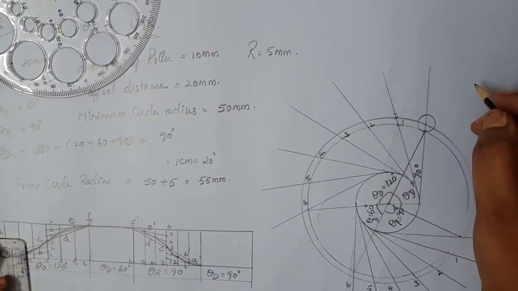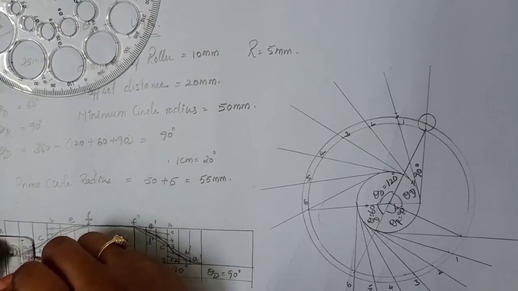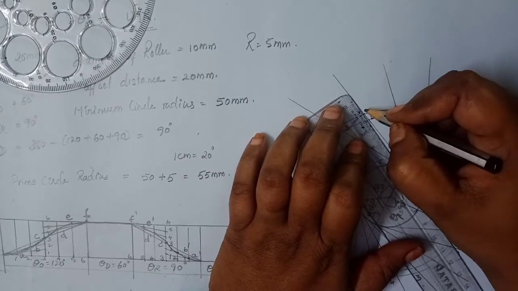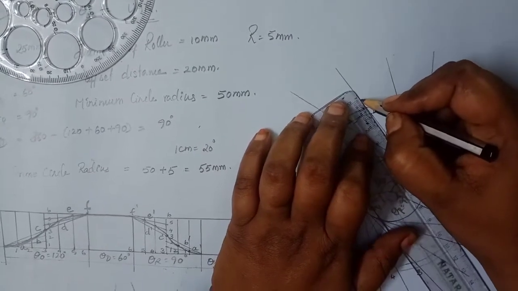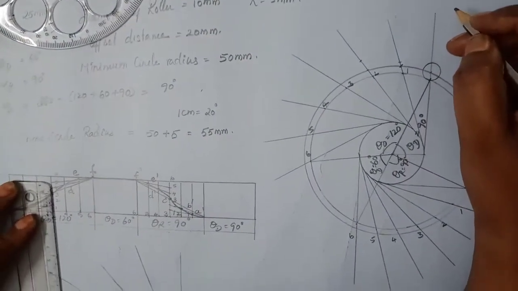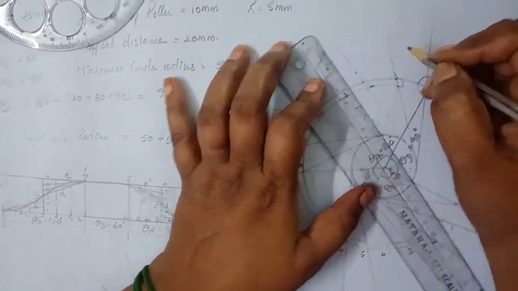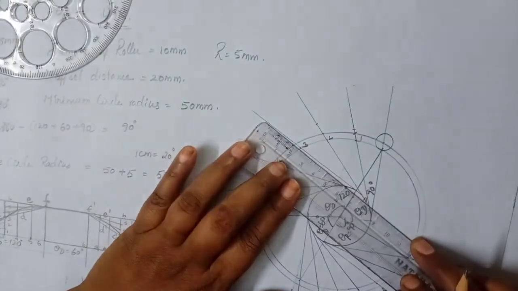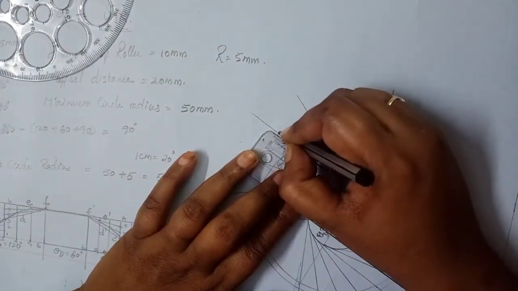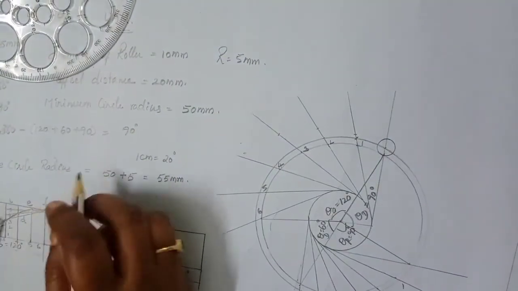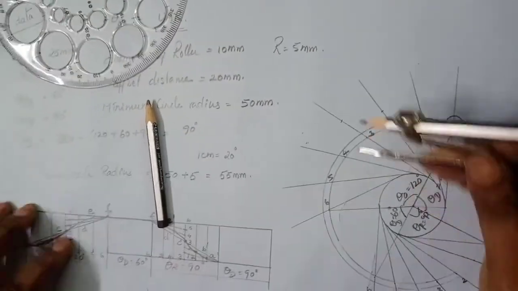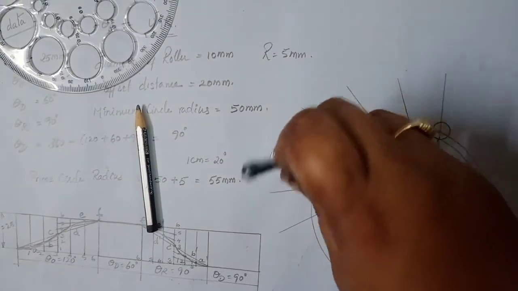2 to B is nearly 6.5. Just make it from this prime circle. You have to measure from the prime circle, not from the base circle. In a roller follower, always from the prime circle. Then 3 to C, nearly 13 mm. Then 4 to D. Hereafter it's a bigger, lengthier one, so take it with the compass. It is easy to make.